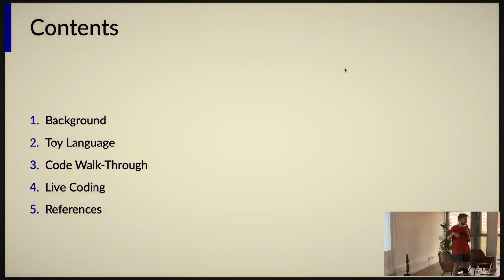And then I'll try to do a live coding of a while loop, because as of now, this programming language is not Turing complete, and we're going to fix that. All right, so